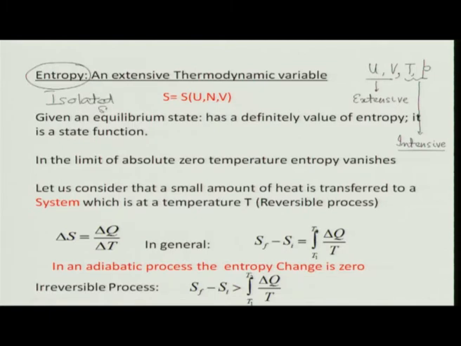Entropy, if I consider usually, let us say, an isolated system, is just a name. Don't get baffled by these names. What does an isolated system mean? It means my system plus reservoir. System and reservoir taken together constitute an isolated system. So entropy can be written as a function of U, internal energy, N, number of particles, and volume of the container. So this is entropy. I will give you a more mathematical form soon, but it can always be expressed as a function of pressure, temperature, and so on.